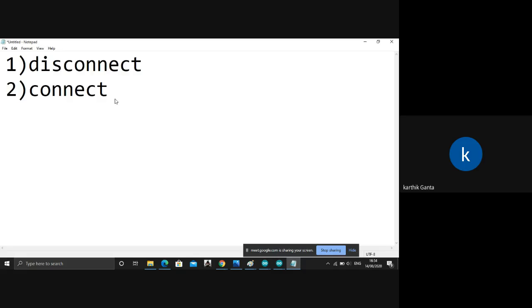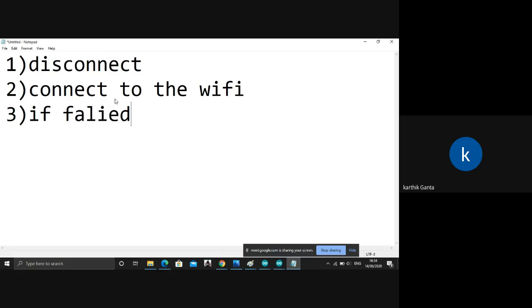Okay, connect to the Wi-Fi. The third command would be, if you tried to connect and it failed to connect, right? If it is not connected, then you give a delay.